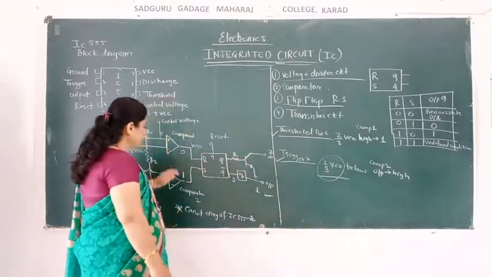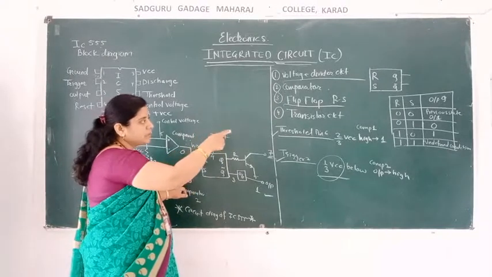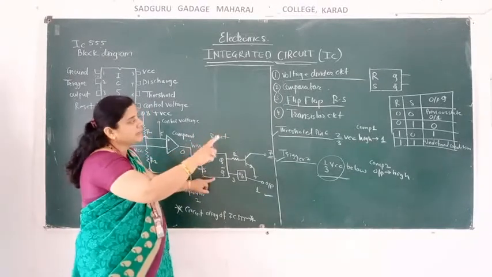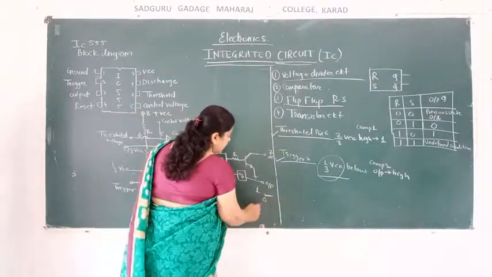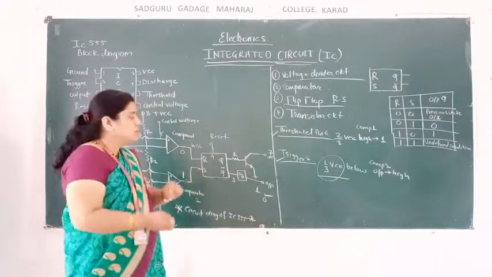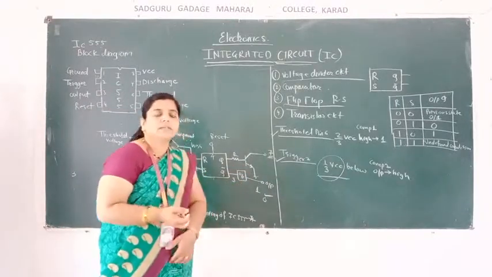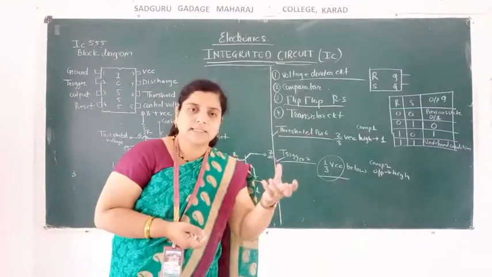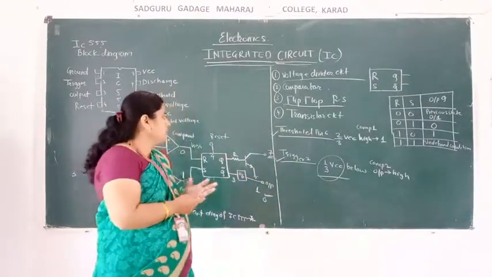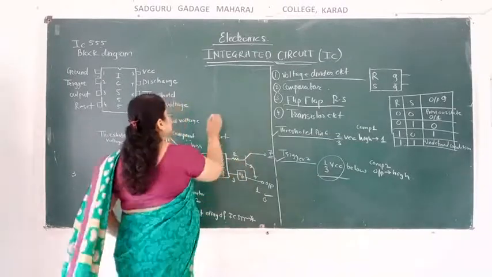Okay. So suppose S is 1, then R is 0, then the output will be in the 0 condition. So here we will get the output as a 0. So what happened here? An output circuit is given. In that output circuit, one capacitor is connected, and that capacitor is charged and discharged by using this resistor. So when the transistor is used, means see,